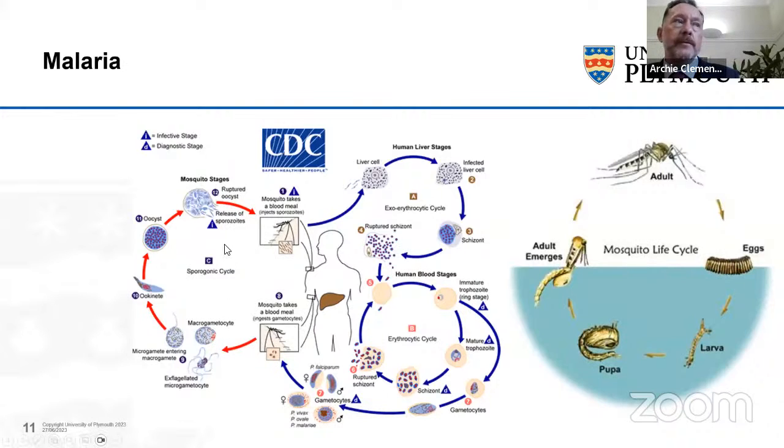sensitive to environmental conditions is the existence of a part of the life cycle that exists outside of the human host, whether that be as a free-living organism, as is the case with leptospirosis or Salmonella, or soil-transmitted helminths, at least parts of that life cycle, or as an organism that's transmitted via a vector, which in itself is very sensitive to the environment. Those conditions mean that the environment then becomes very important.